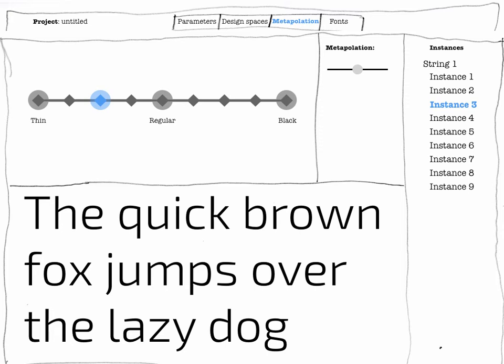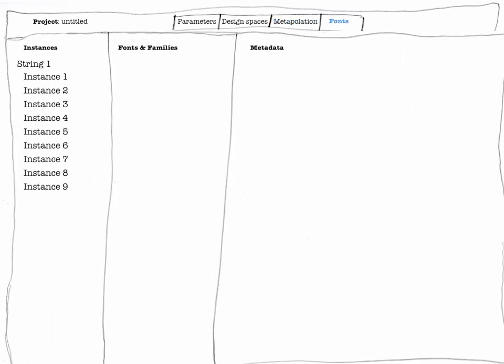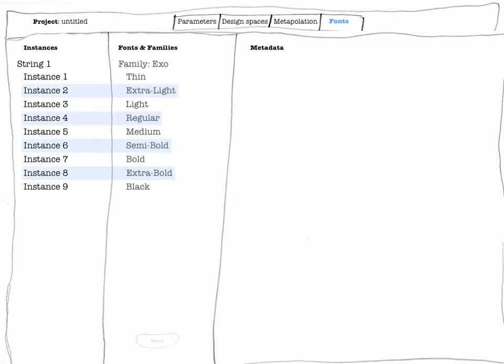We can move the masters themselves about on the sequence. We can move the adjustment master to change its influence, and we can, as said, move the instances to really get the right results. When we're happy with that, we're really gonna churn out the fonts. So for that we map the instances to a font family, name them, and now it's already allowing to export,